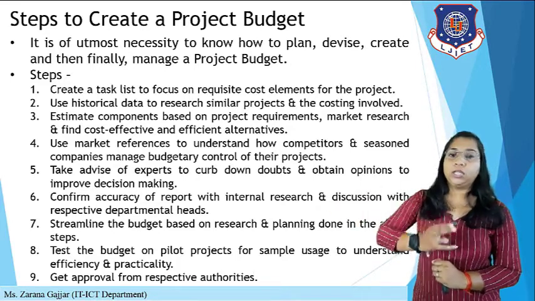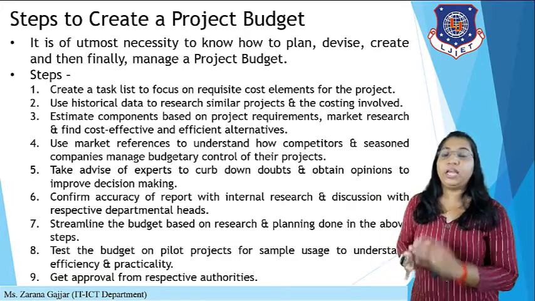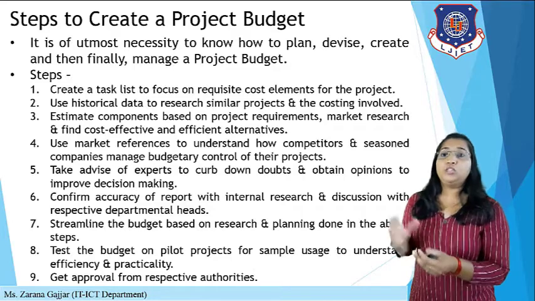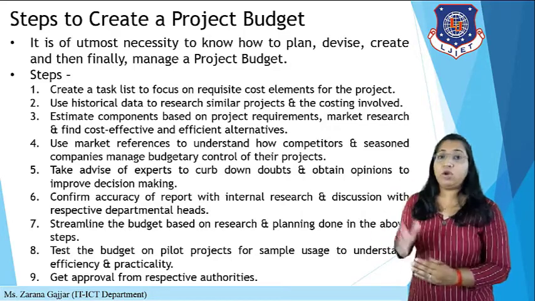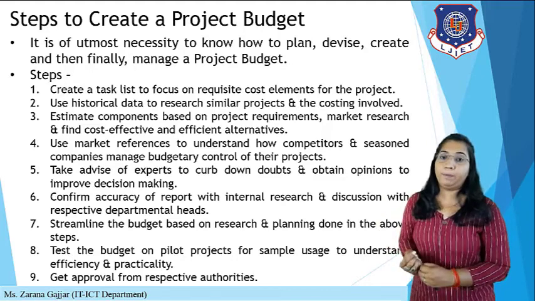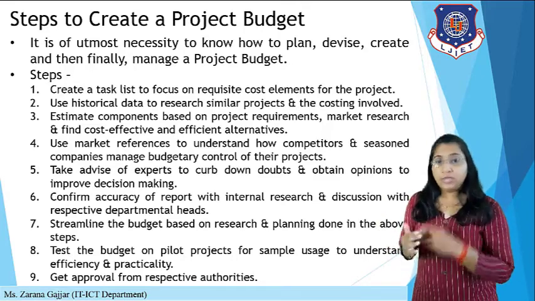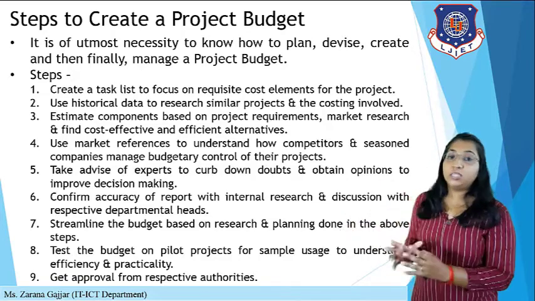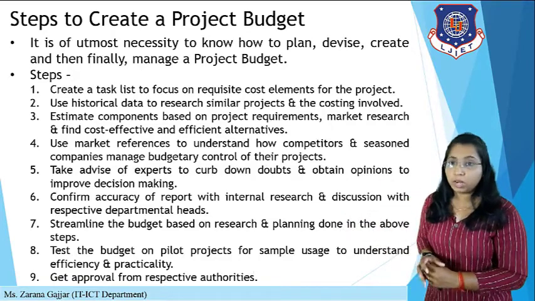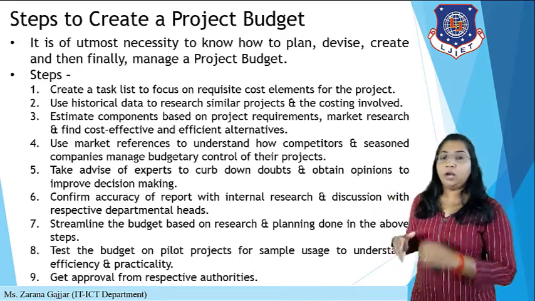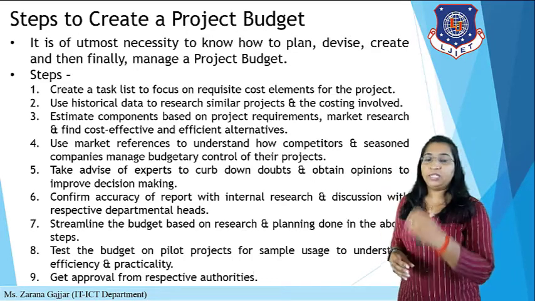So all the three departmental heads will communicate with the project manager for better budget control. Here, confirm the accuracy of the report with internal research, as well as discuss with the respective departmental heads. And the seventh step is you can streamline the budget based on the research and planning done in the above step. Now the project manager will analyze all these things, like if the development team gives you a budget of